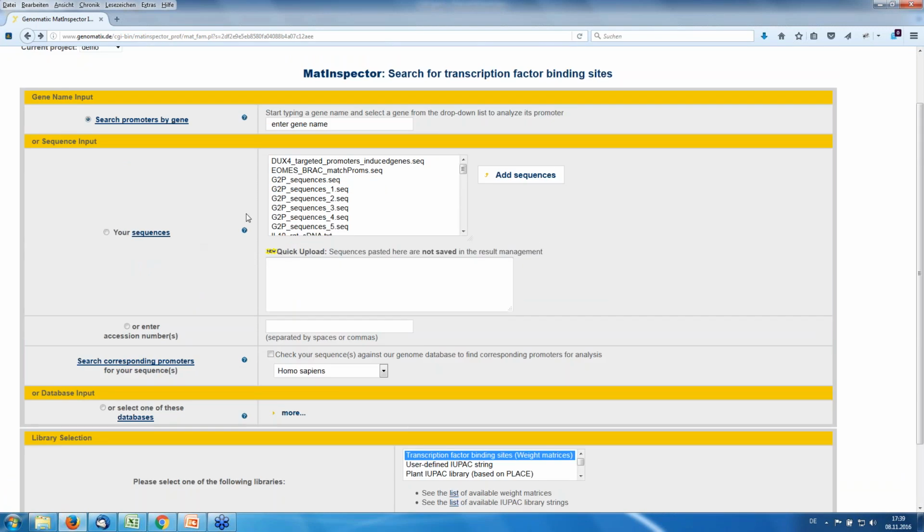I already uploaded a set of promoters which you find here or see here in this list. You can add sequences from anywhere on your own computer. And this is called DUX4 targeted promoters induced genes. Background here is just a few slides, 2 slides actually, to show you that this is from a public data set